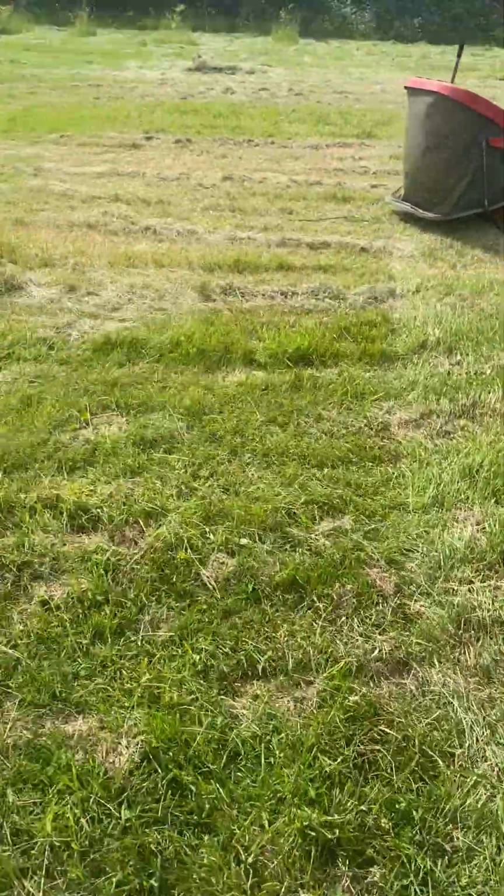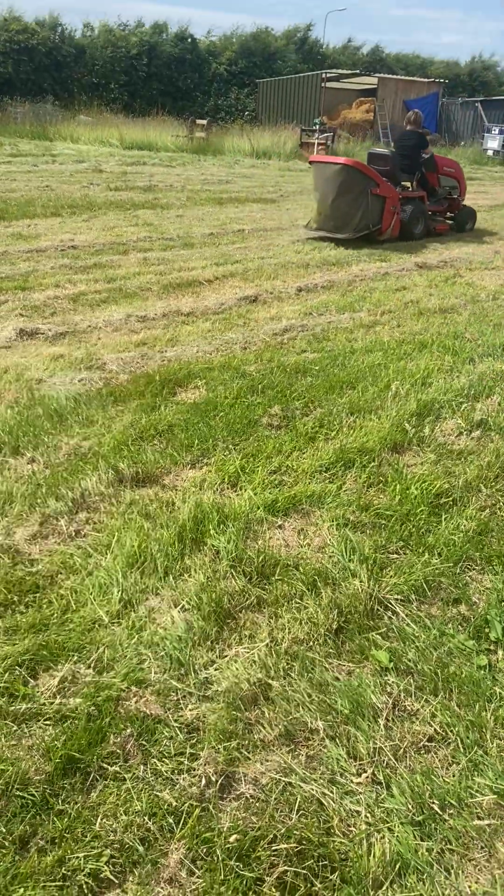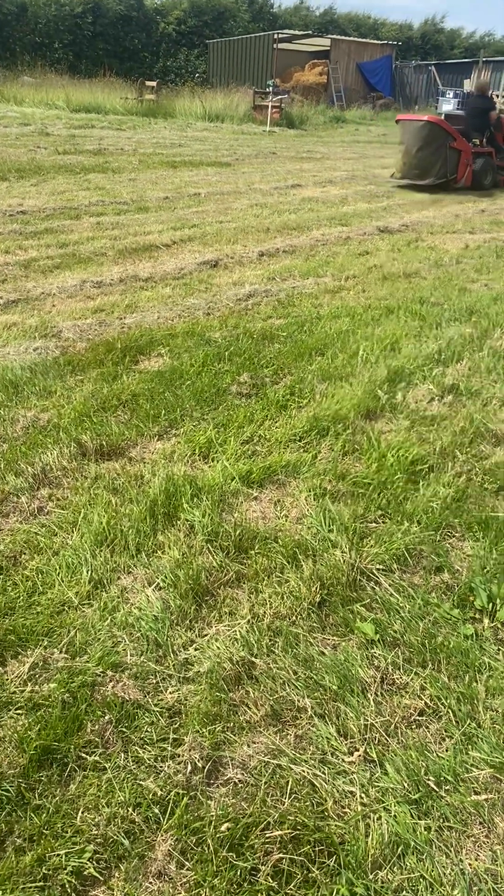So like I say, we just leave it a couple of days. So anybody who's got a small holding, you should get a lawnmower with a topper on the back. You know, if you don't want to spend